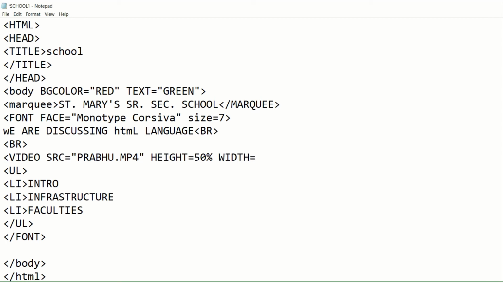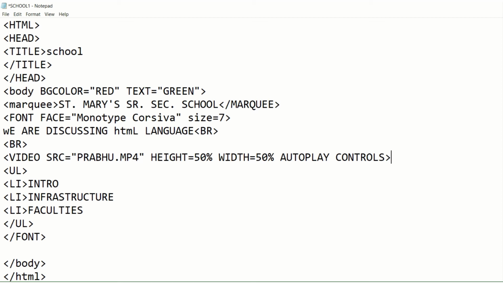These are the attributes, and the 50% which we are giving is the value to reduce its height and width. Now we can give autoplay and controls. Controls will display the controls below the video, and autoplay plays the audio or video automatically when the web page is loaded.